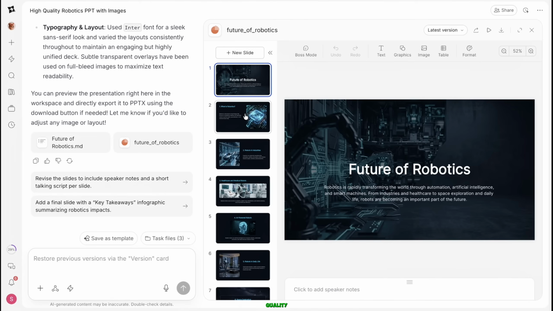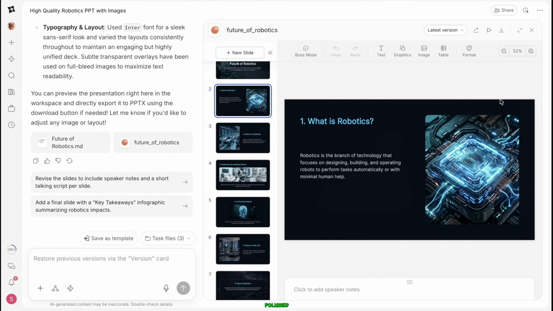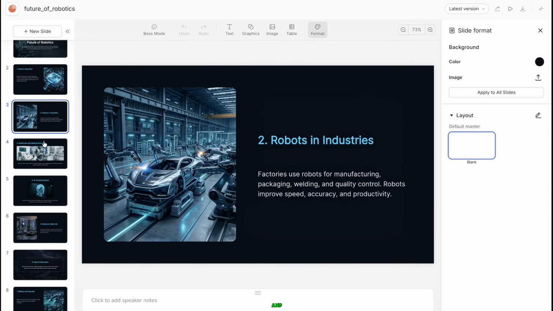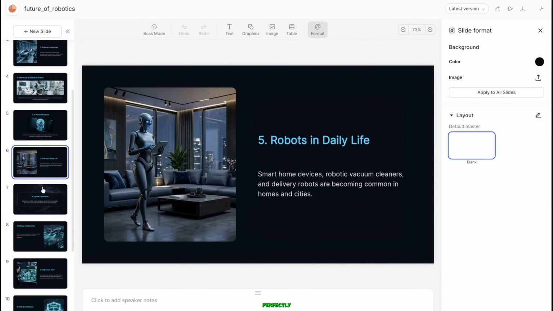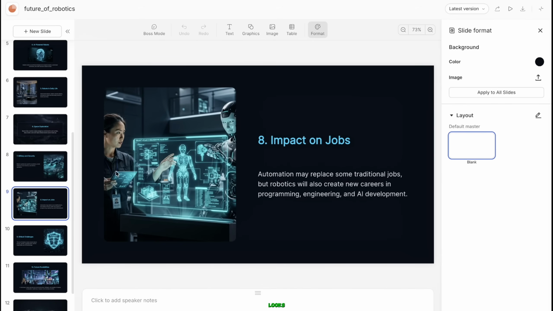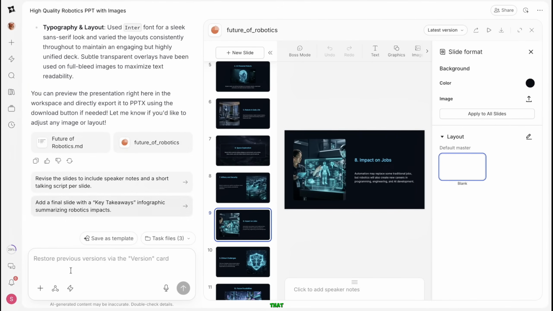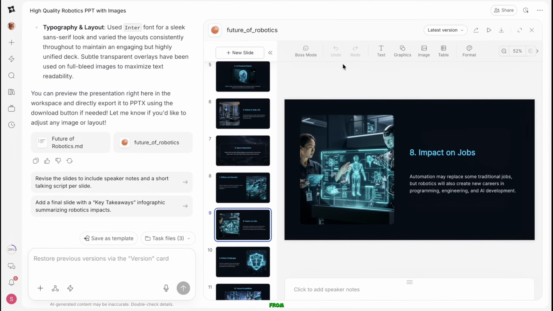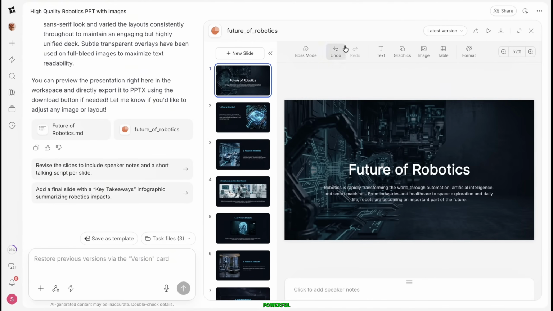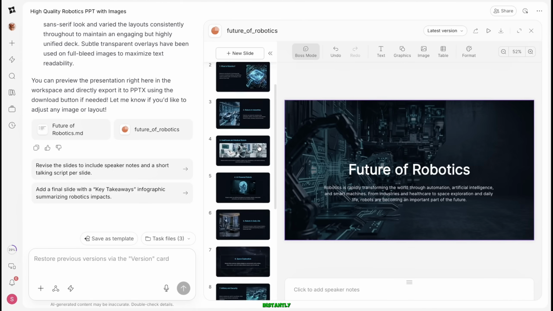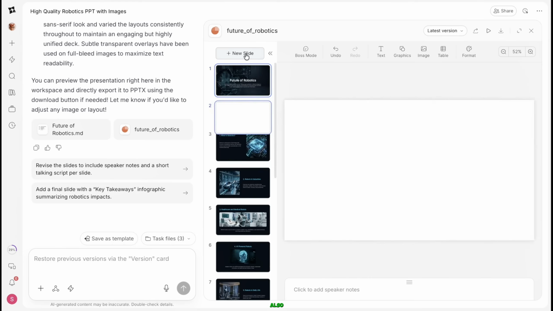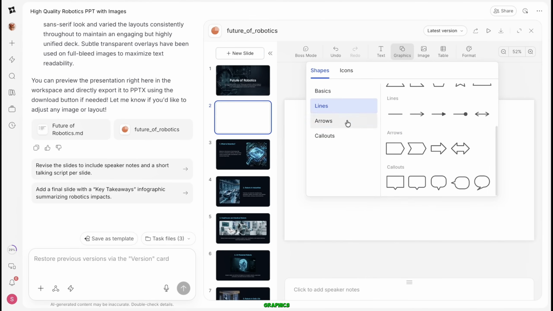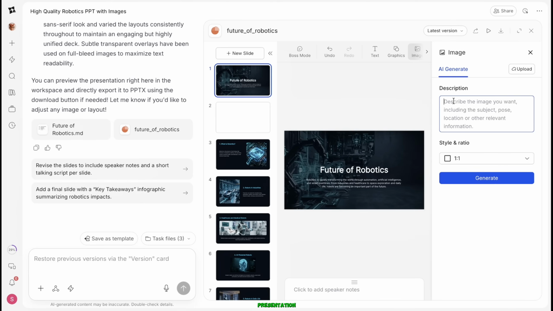Just look at the overall quality. The platform redesigned everything in a highly polished way, generated all the slides properly, and even enhanced the visuals and images perfectly. You can see how clean and professional every slide looks after the enhancement. Along with that side, you also get a built-in chat option where you can continue editing, make changes, customize slides further, and manage everything directly from there. After that, you get multiple powerful editing modes. For example, the boss mode, where you can simply select any part of the slide and instantly make changes or enhancements. You can also add new slides, insert icons and graphics, generate AI images directly inside the presentation, and continue